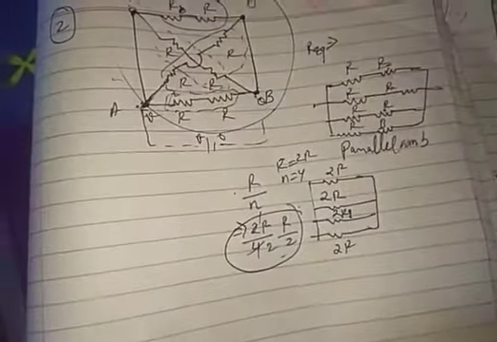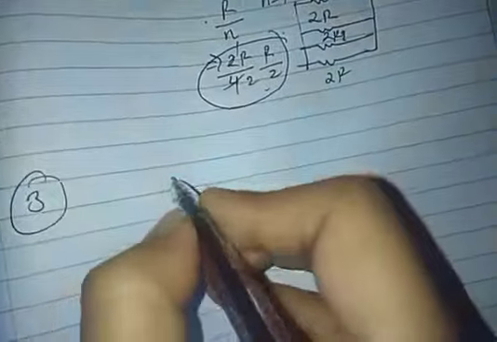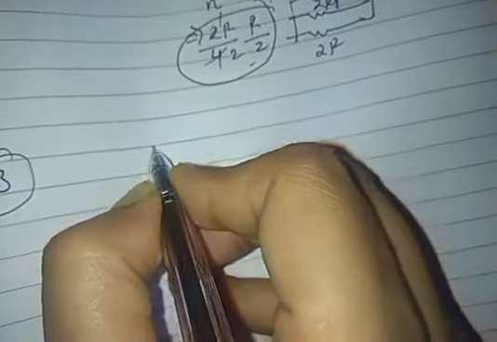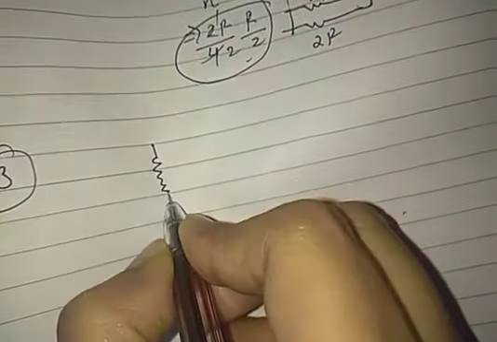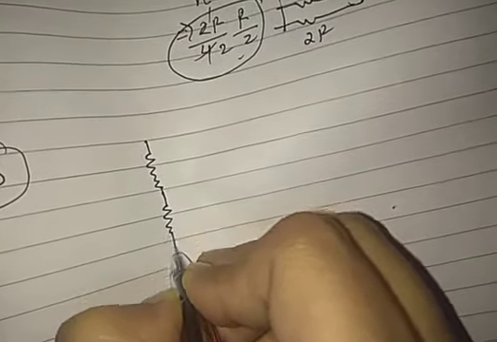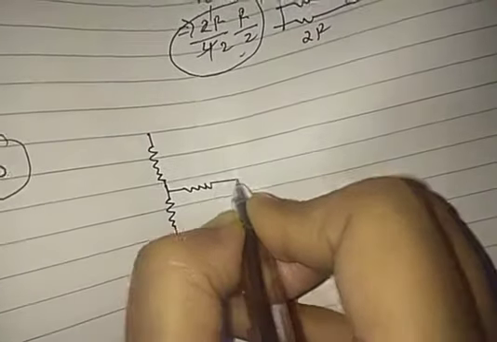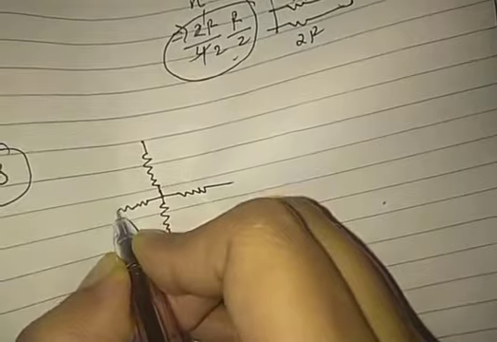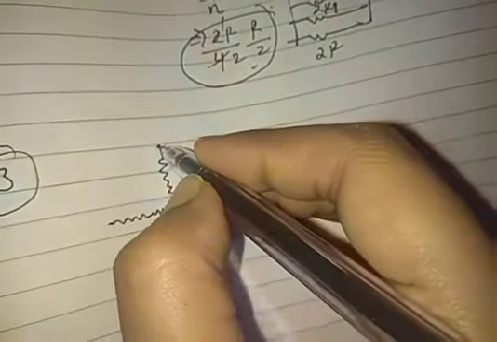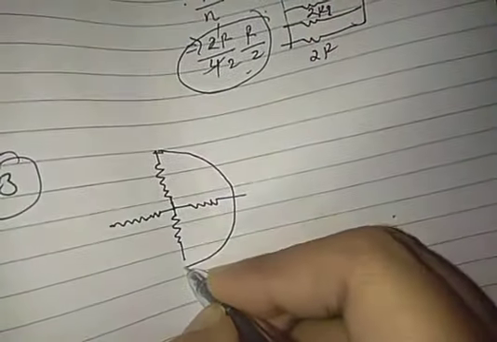So this is how you can simplify the circuit by using the potential method. Now the third question. Again I am telling you, I am just making you understand different types of questions which generally come in the exam. Yes, so this is a circuit. I am trying to make a circle over here.